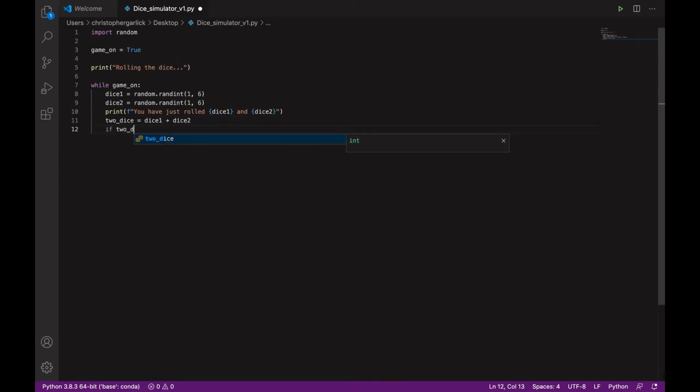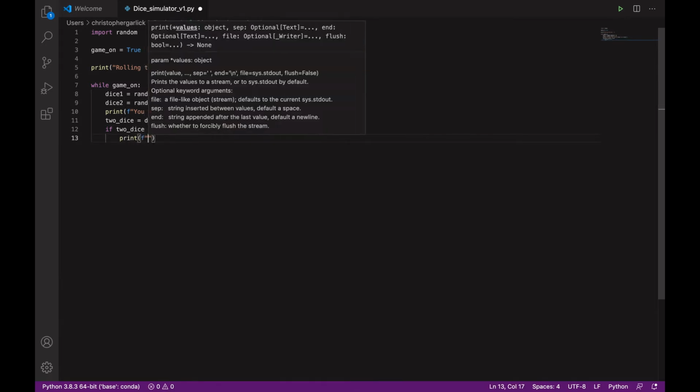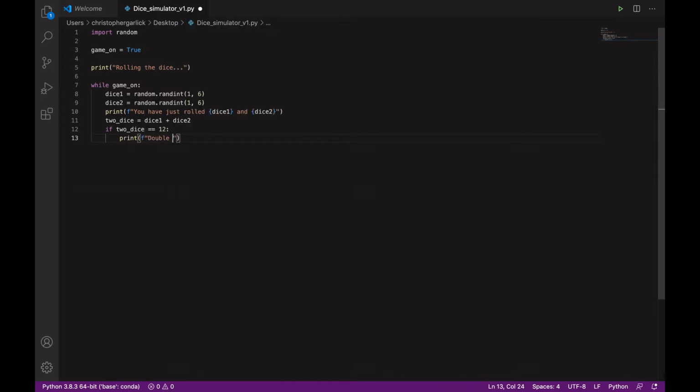Now if 2 dice is double equal to 12, we will print double 6, you have just rolled a, and then we will use the 2 dice variable, and then else if 2 dice is greater than or equal to 10, we will print high roller, you have just rolled a, and we will use the 2 dice variable,